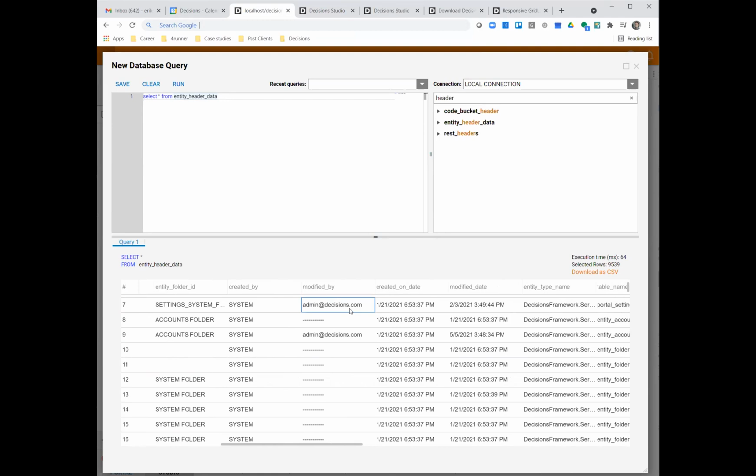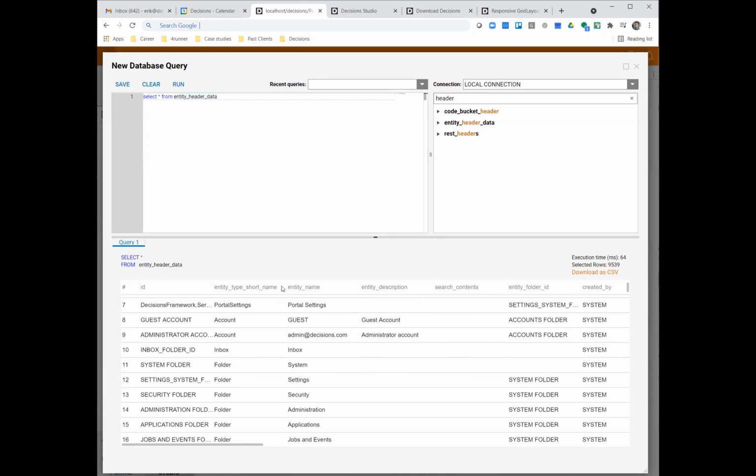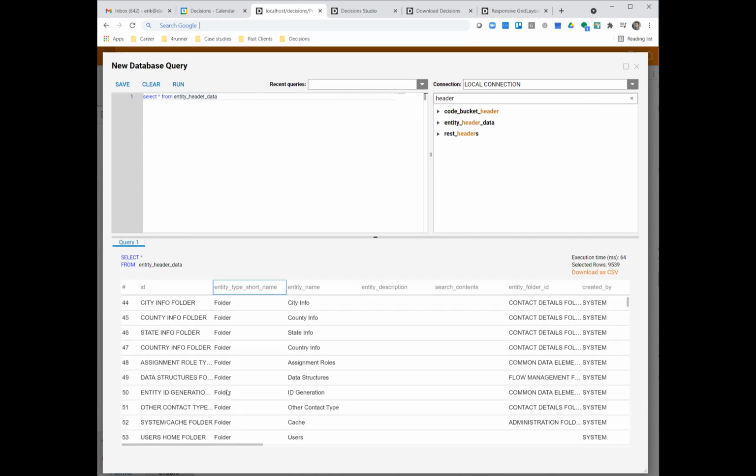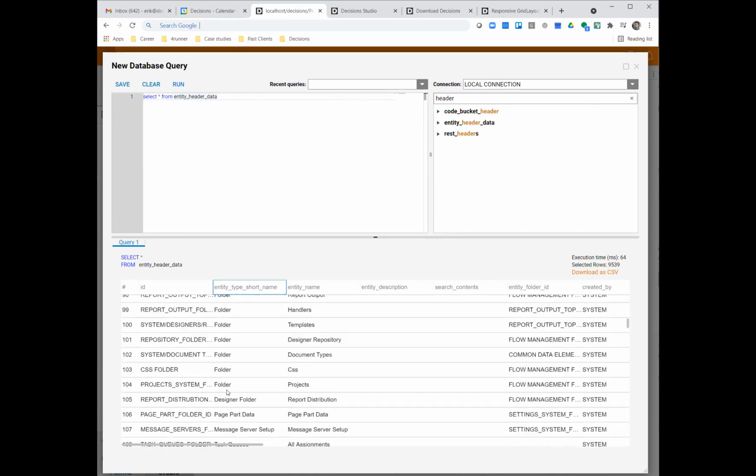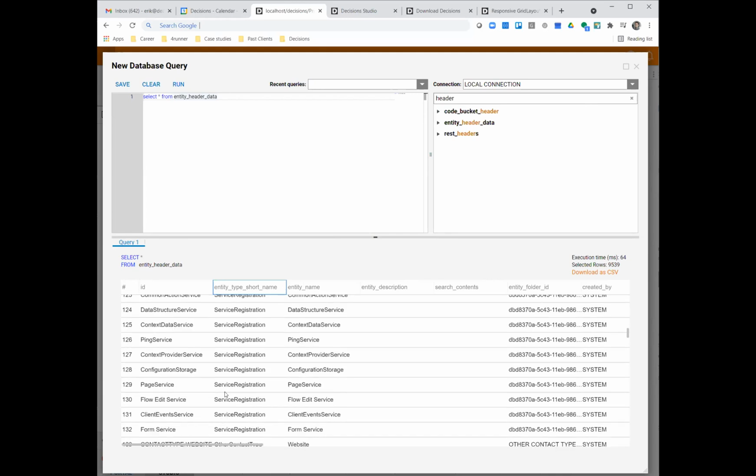Yes, and I have one more question in that direction. For instance, how do you identify all the forms that you have in a project? Where are they? Sure. So if we wanted to maybe filter this query by entity type short name, I believe, let's see if we can do,